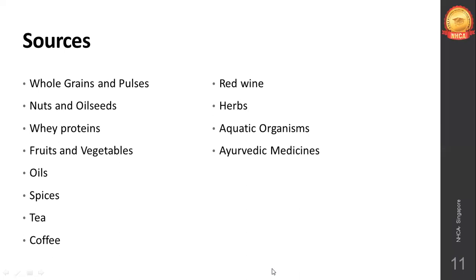Copper is present in mushroom, nuts, chocolate, oyster, liver. Iron is present in liver, organ meat, regular meat. Green leafy vegetables, cereals, millets, pulses, whole grains are great sources of vitamin E and selenium,